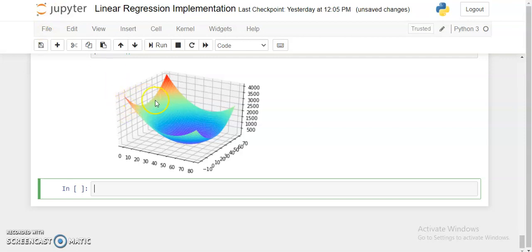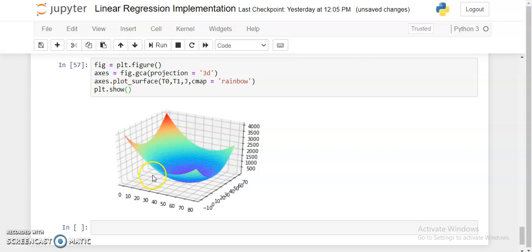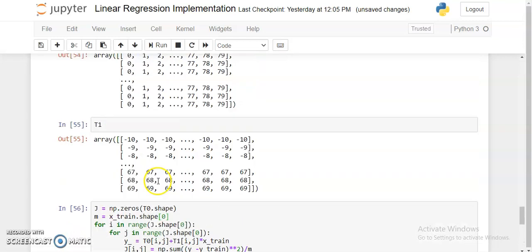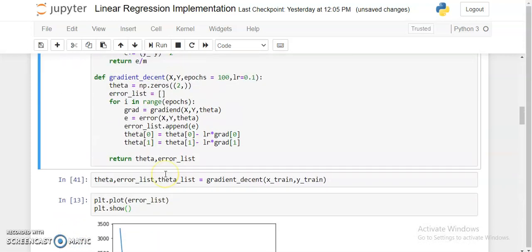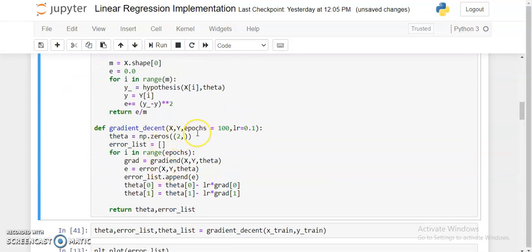Now you can see we got a 3D surface plot of our mesh grid, and now we will visualize the loss value at every i and j point, in a way that shows it converging at the minima, that is somewhere here, right? For that, what I need is the theta value at every i and j. So let's see the theta values for every x point.